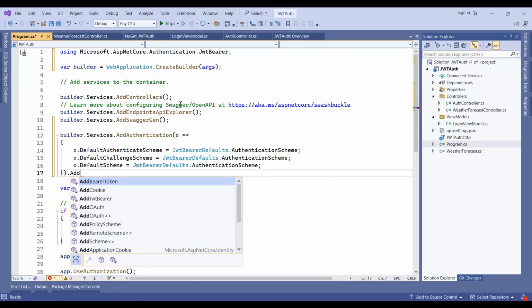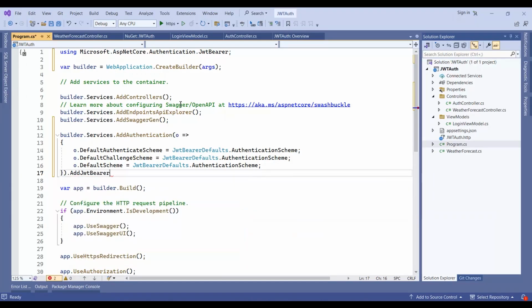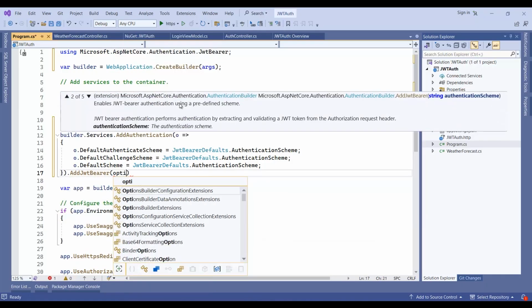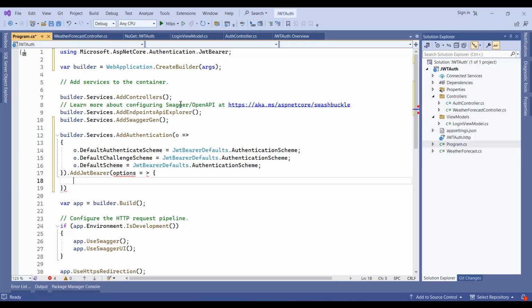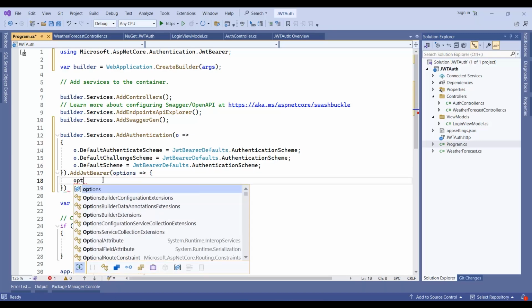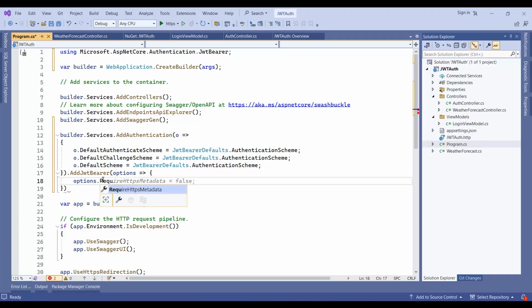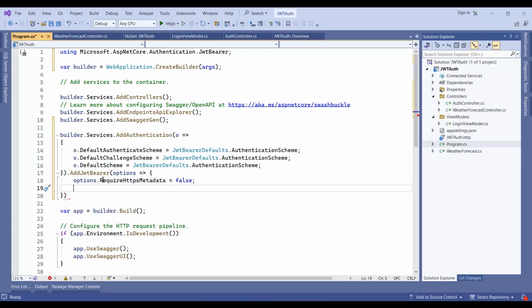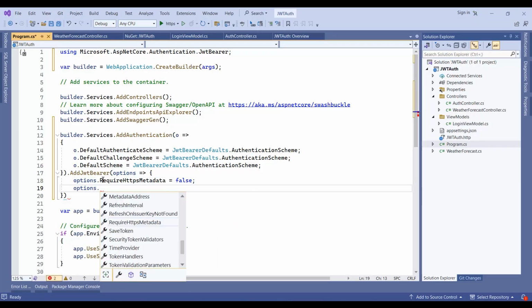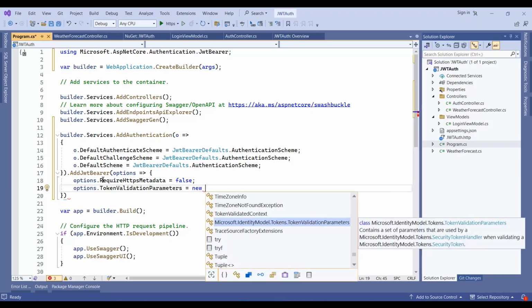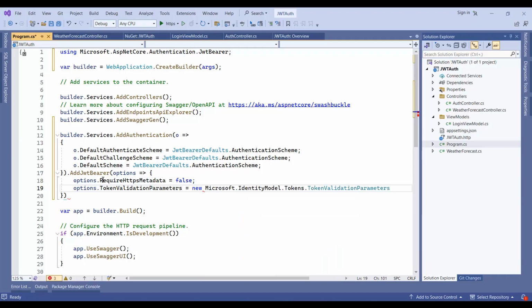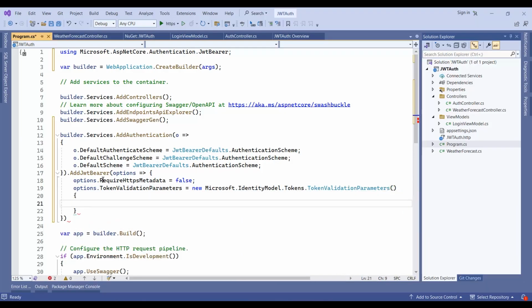So .AddJwtBearer, and this time I'll write options such that, and okay, let me delete this space, come back here, and options.RequireHttpsMetadata, which is true, and options.TokenValidationParameters, like how you will validate the token, is equal to new Microsoft.IdentityModel.Tokens.TokenValidationParameters. So I will select this one, and inside this we will set